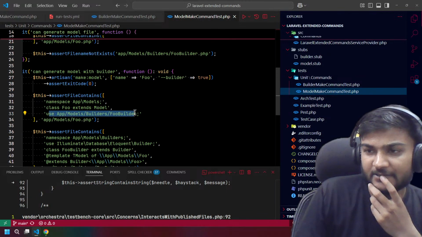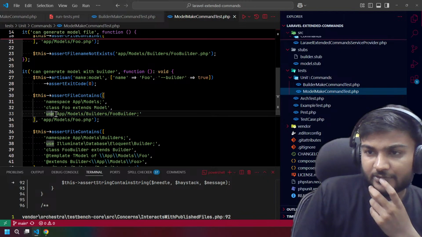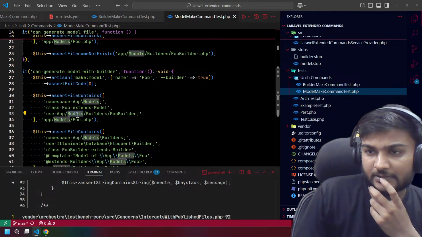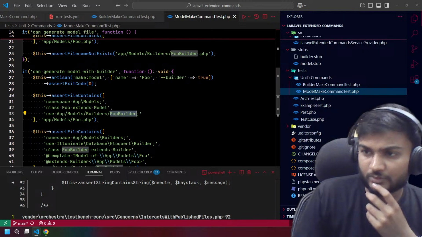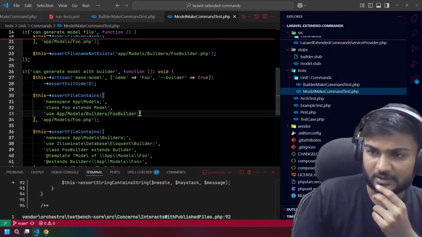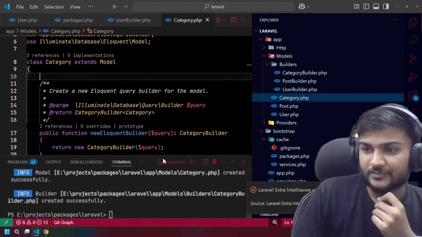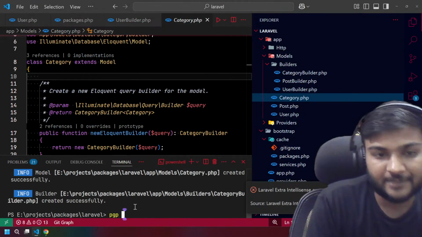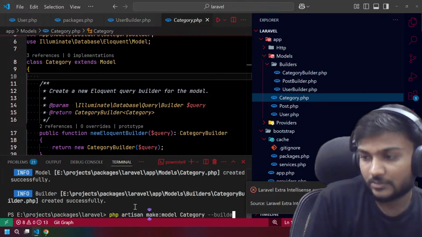Okay, this error actually. So you should have used app models builders builder semicolon, right? And let's try to run PHP artisan make model builder.